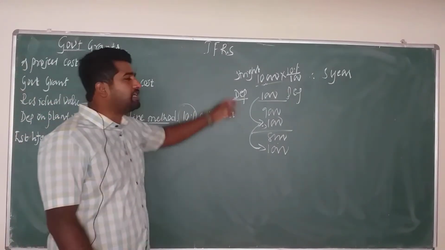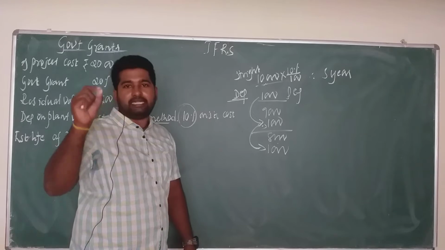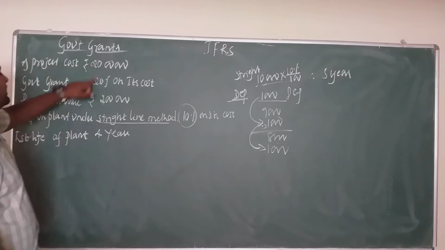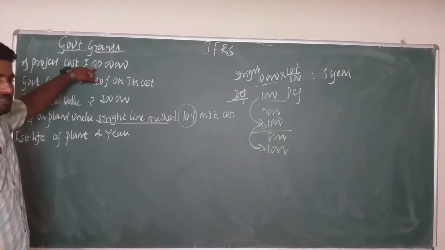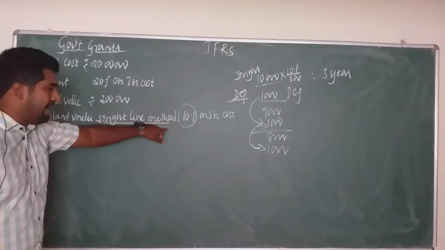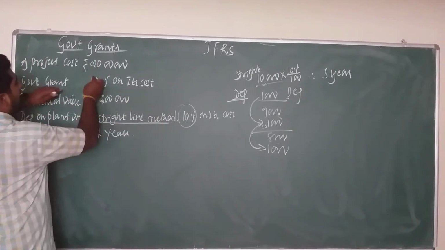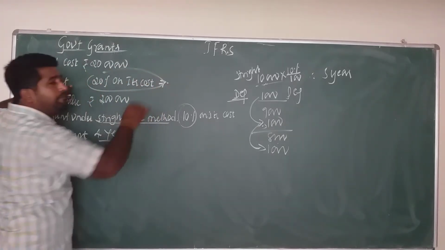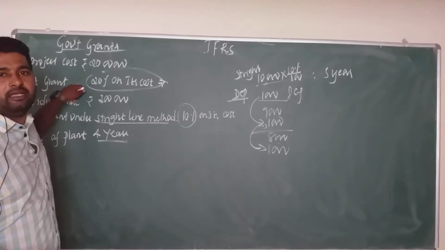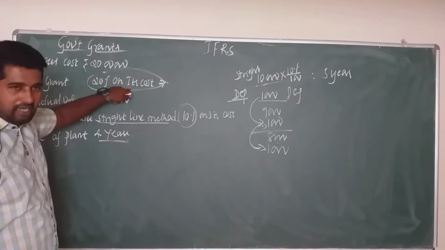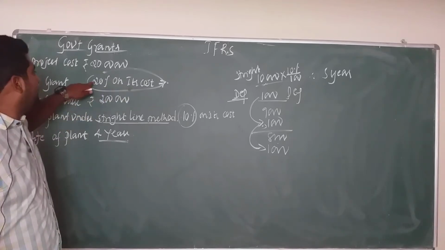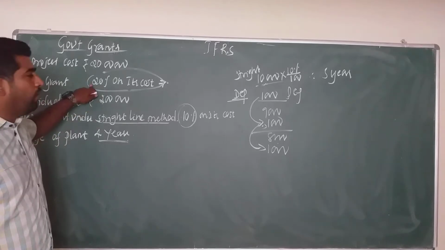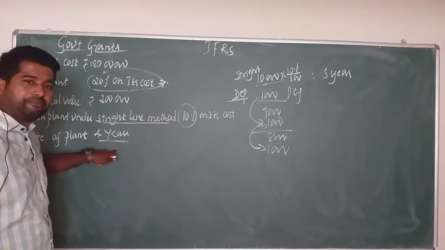Now we go to the working note before passing the journal entries. We need to calculate the amount of grant on its cost, the residual value after deducting from the cost, and the amount of depreciation per annum. Now this is 20% of grant, for a total of how many years? 4 years. Now we need to find out the per annum grant released by the government. Keep in mind once again, this 20% of grant which the government is providing belongs to 4 years. But we have to find out the grant release per annum.